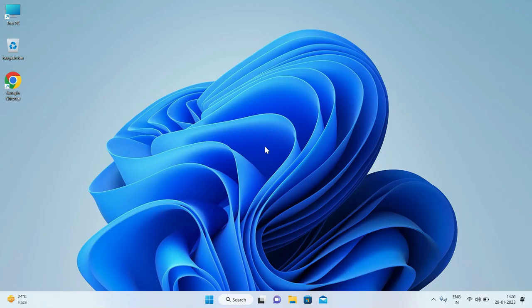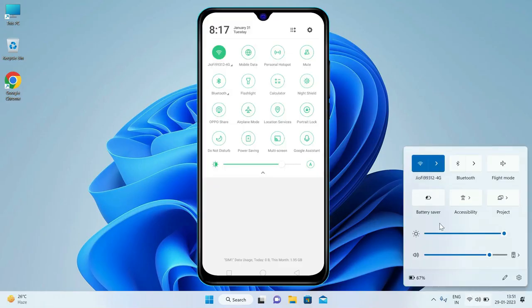Now, before moving to the computer, make sure your phone and your laptop are connected to the same Wi-Fi network. If you don't have a router, you can simply turn on your phone hotspot and connect your laptop to that hotspot. Once both devices are on the same network,